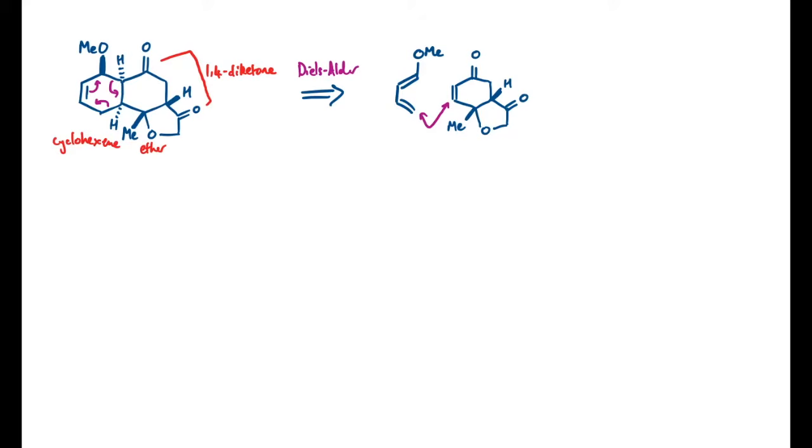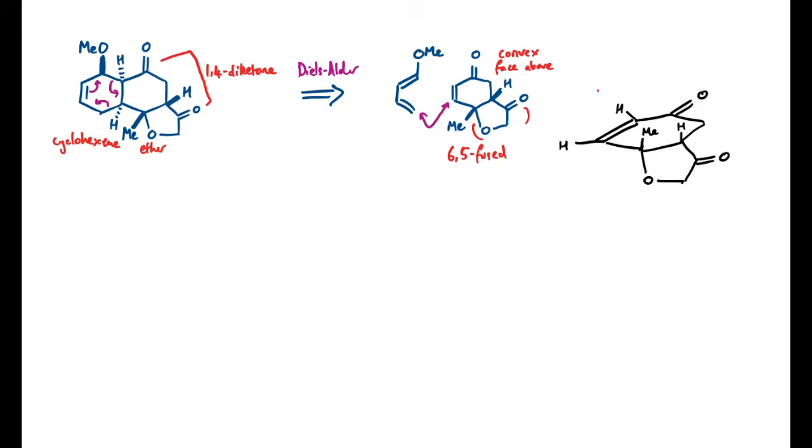In terms of stereochemistry, I'm going to need to draw it in 3D. Now, the ring structure is 6,5 fused, the 5-membered ring causing a bigger steric block on the bottom face. We can describe the approach of a diene as being on the convex face, which is from above. We can just draw a quick sketch, bearing in mind that the 6-membered ring is pretty flat, particularly around the reacting bit,